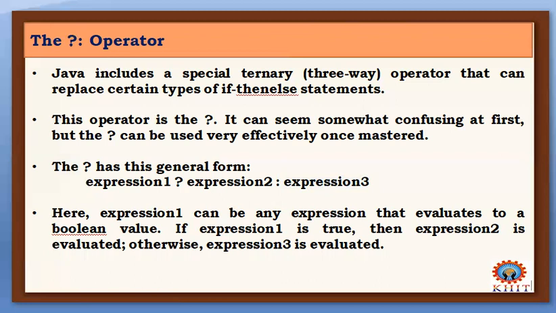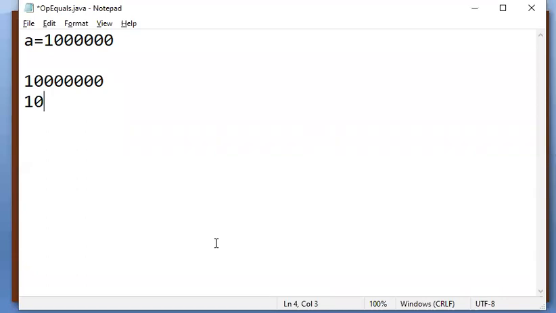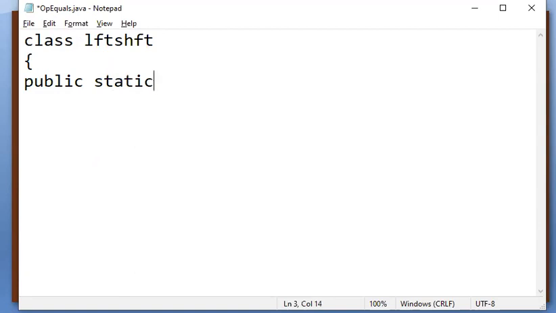I'll just show you, since we have time, what these right shift and left shift operations are.